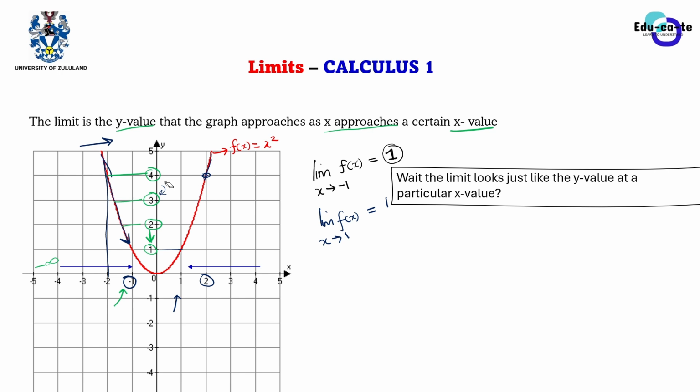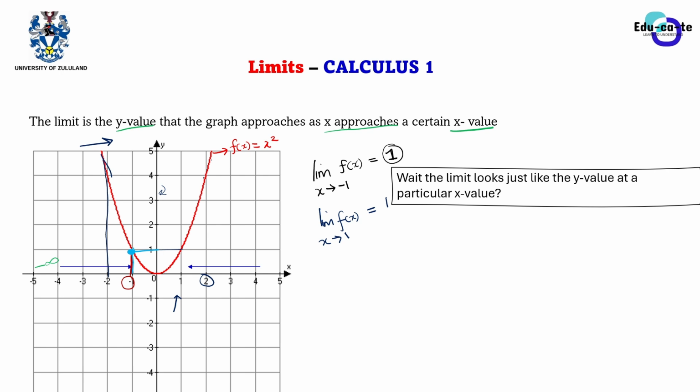If you look at this carefully, when x is -1 on the graph, what is the y value? If you look carefully, when x is -1 here, if you move and map towards your graph, you are going to end at the y value equal to +1. So you can see that basically, if x is -1, then y is, I mean, +1.